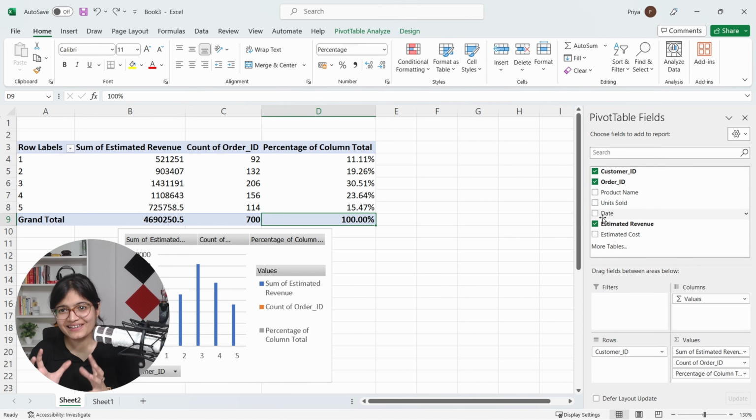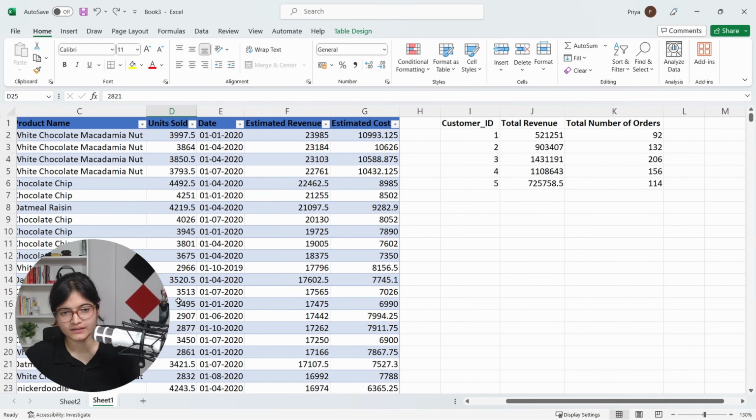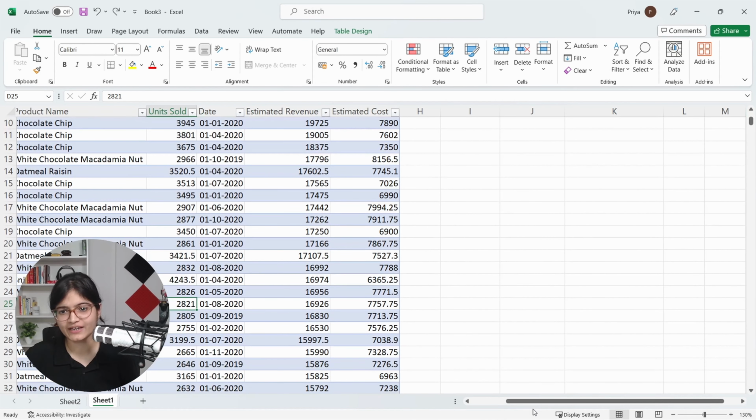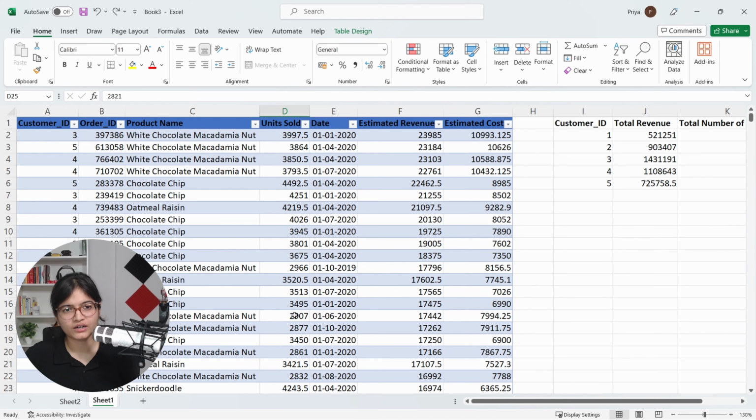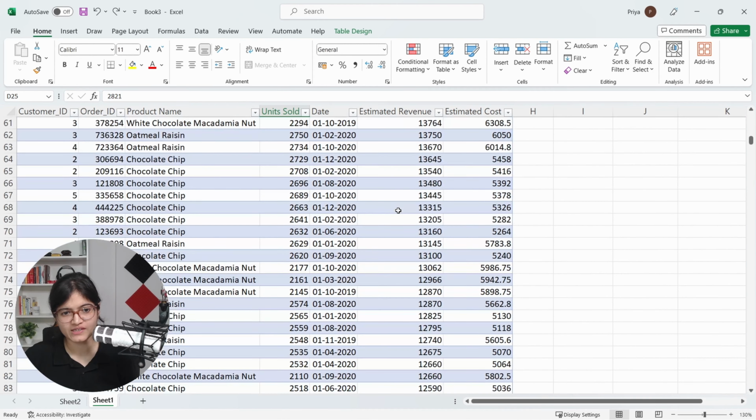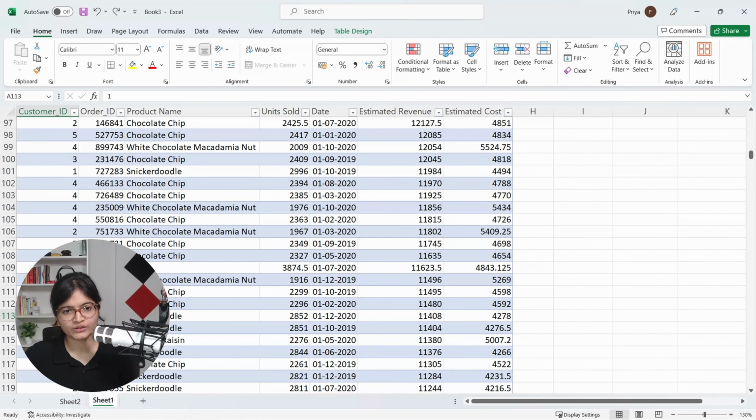So this is the overall beauty of the pivot table, where via just drag and drop, you will be easily able to analyze your data in a very structured and beautiful manner. Let me show you one more simple thing. Let's say I try to change my record. For this customer ID 1, I'll change the revenue to